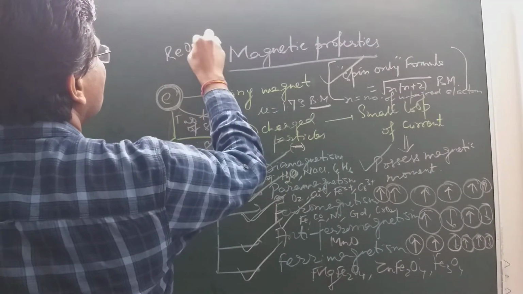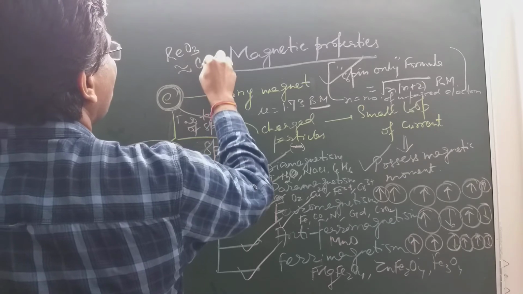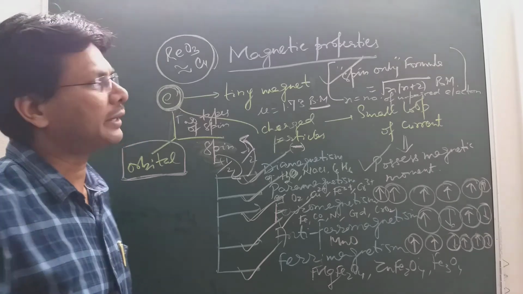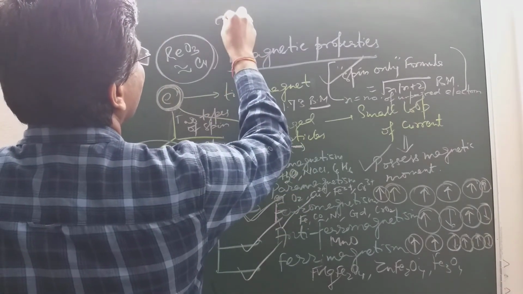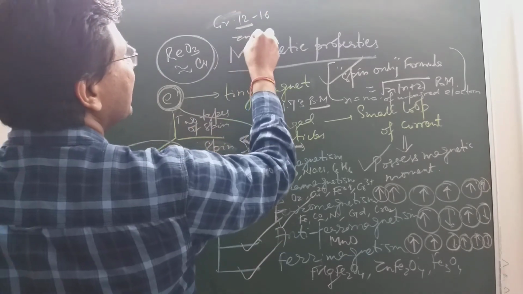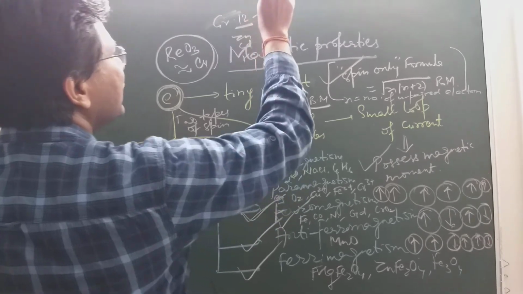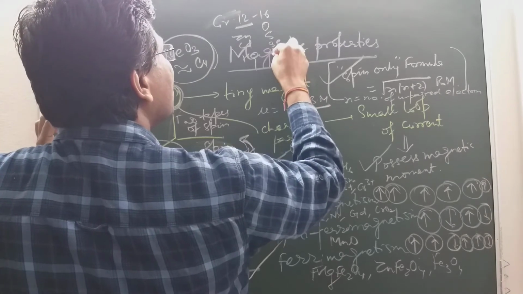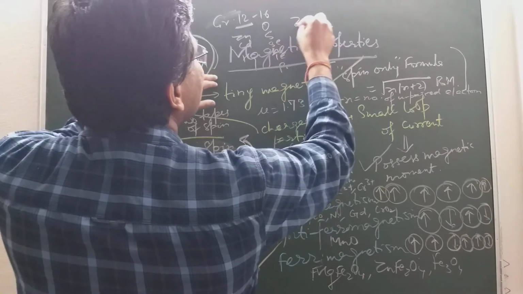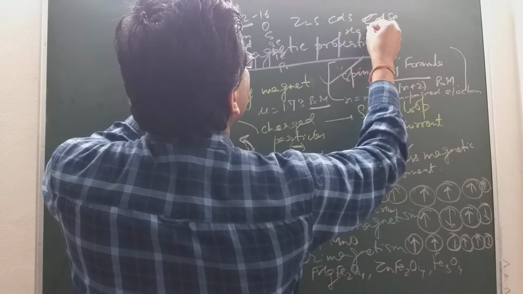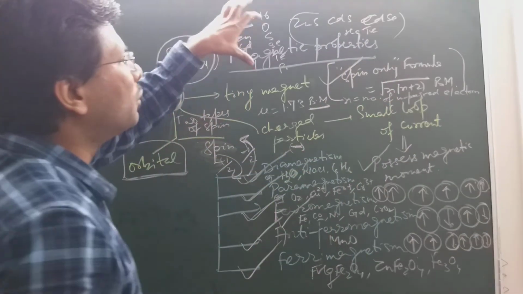One more question I want to discuss with you, that is ReO3 behaves like copper in appearance as well as in conductivity. If you want to know group 12, 16 compounds, then in group 12 you have to know zinc, cadmium, mercury. Group 16 is oxygen, sulfur, selenium, tellurium, polonium. So zinc sulfide, cadmium selenide, mercury telluride. These are the compounds that are called group 12, group 16 compounds.